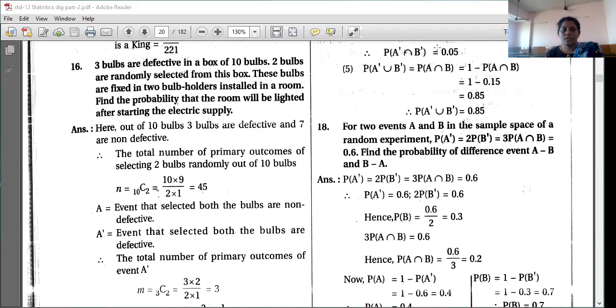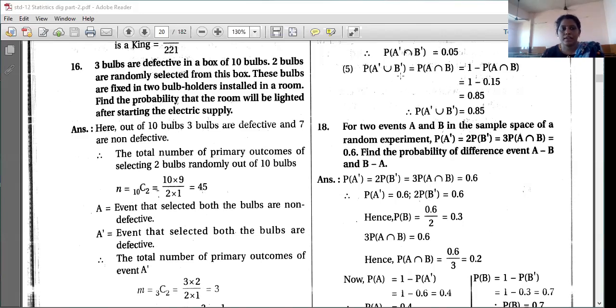Today we will be doing questions 16, 17 and 18. Three sums are left in exercise 1.2. So that we will do today, and we'll do exercise 1.3. And the illustrations which are left, that is illustration numbers 24, 25, 26. Two, three illustrations were left that I will be explaining to you in the next video.